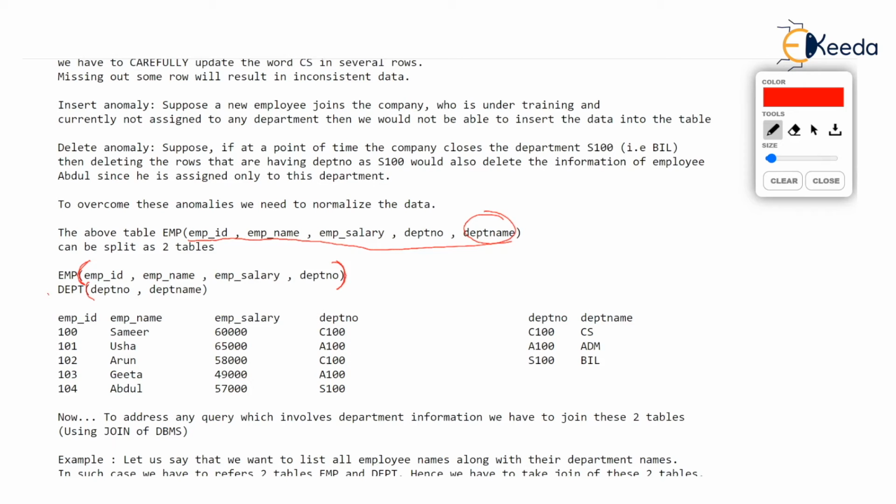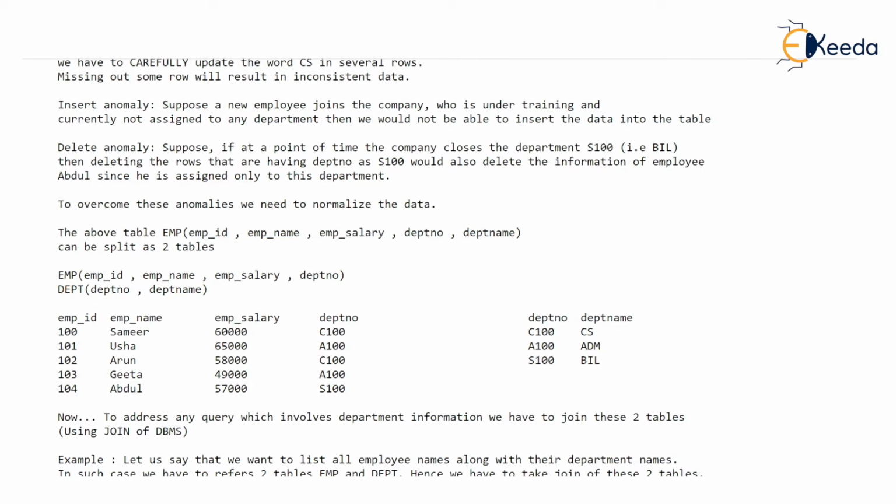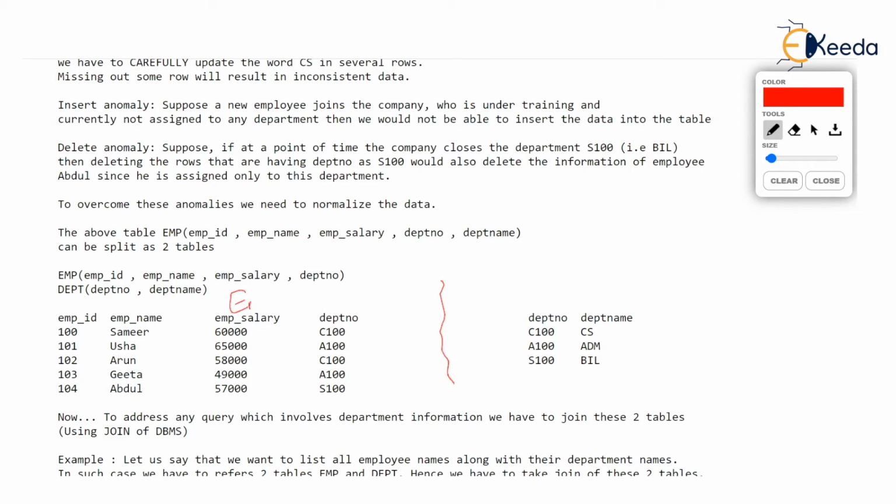Here are the two tables. The table shown on the left-hand side is the EMP table. Previously, this EMP table had department name also. These were the 5 attributes.